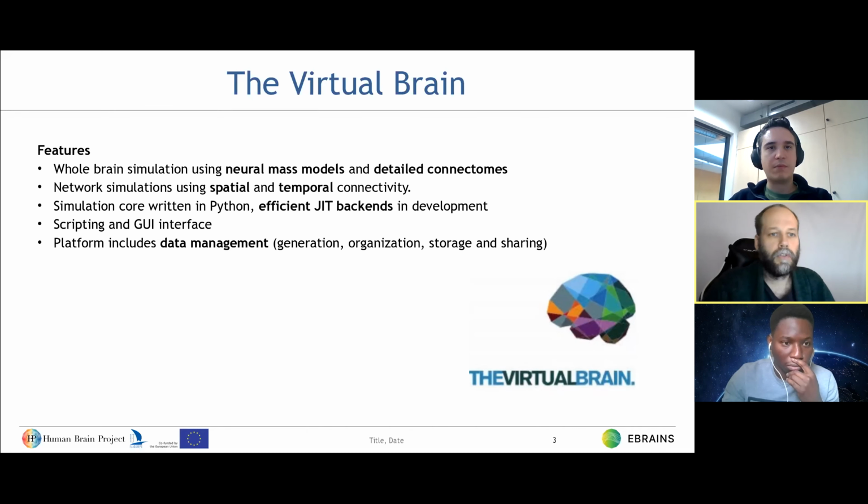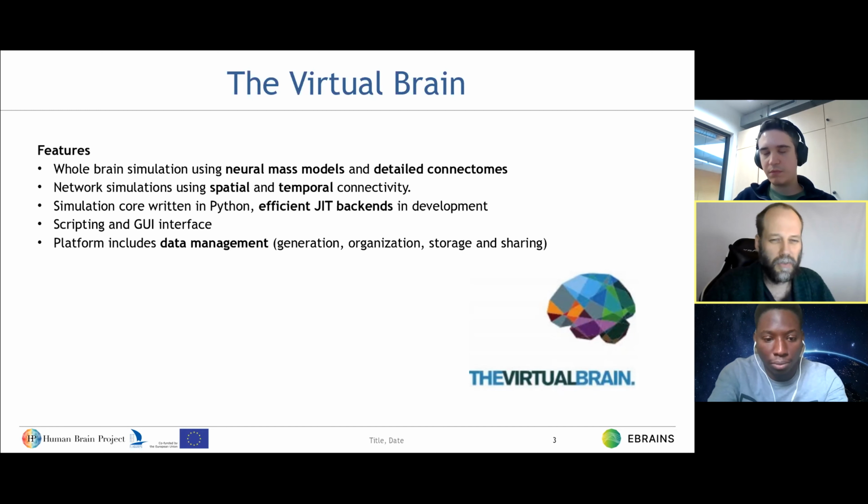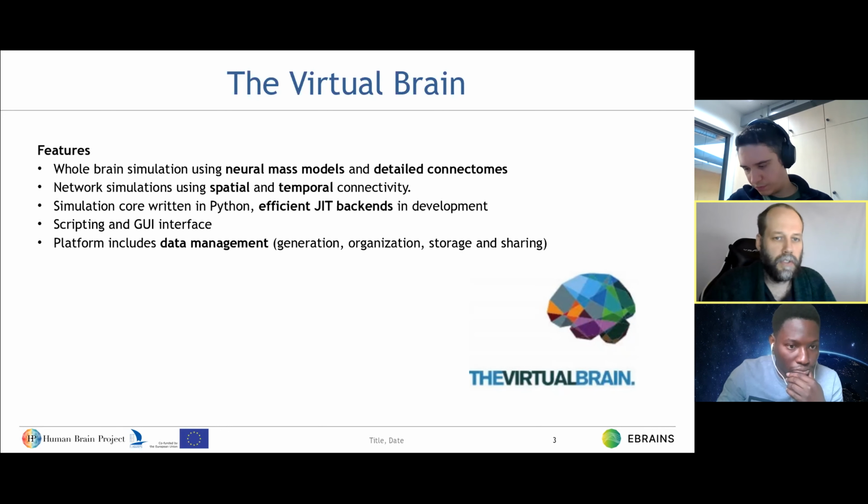The Virtual Brain basically is a whole brain simulator using abstract representations of parts of the brain called neural mass models, represented by a derivative, representing, for instance, the collective firing rate of that part of the brain. These models are then connected through a detailed connectome, which has, next to spatial, also temporal aspects.